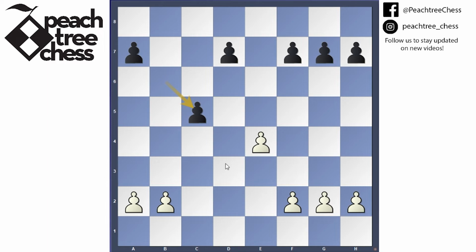And here's where black makes his mistake. He jumps all the way forward again, thinking he's going to make a threat. But this time, this guy is just a little too far. He protects here, but he doesn't protect that far, and there's nothing down here to protect the pawn on d5. So I can simply capture him, and there's nothing black can do. And the game might end like this. I have to capture him so he doesn't win,